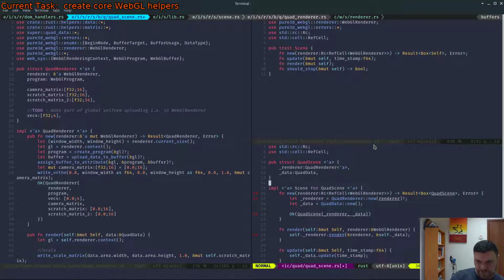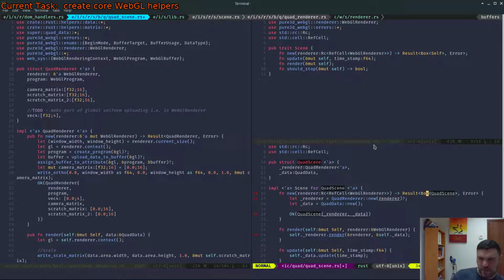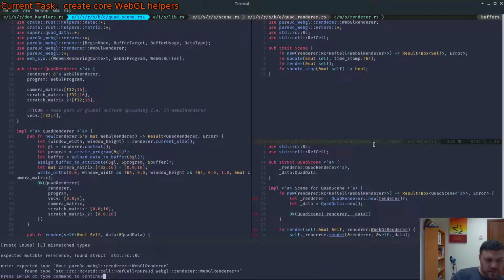Has a borrowed value within the static lifetime. The lifetime cannot be derived from the arguments. Yeah. Okay. That's fine. Because we want it to be. I think. Yeah, okay, cool. Right. Okay,